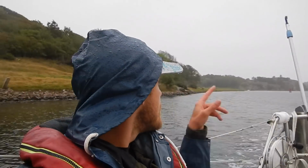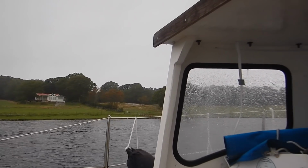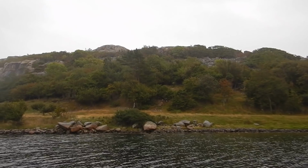Now I'm in the Sota channel. This is like a long channel that runs on the inside of this big island, which is over there, and then mainland of Sweden is this right here. So it's a really nice channel because it's so sheltered and it runs for quite a long way and just